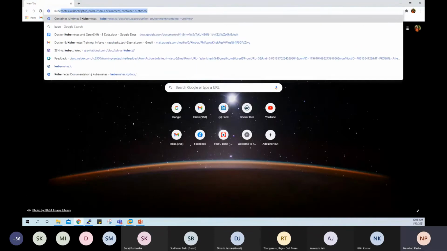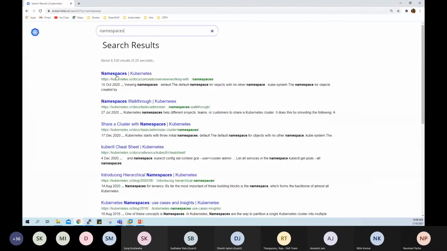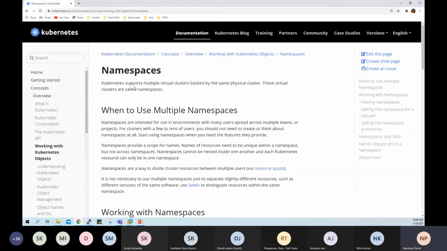If I go to kubernetes.io, which is the documentation, and search for namespaces, Kubernetes supports multiple virtual clusters backed by the same physical cluster. And these virtual clusters are called namespaces. Namespaces provide a scope for names. And namespaces are a way for you to divide your cluster resources between multiple users.